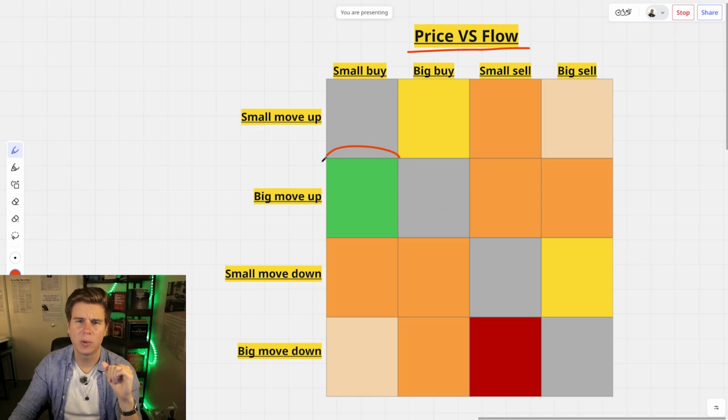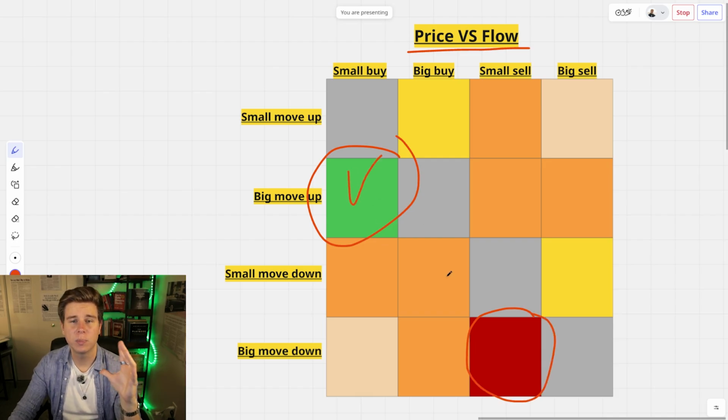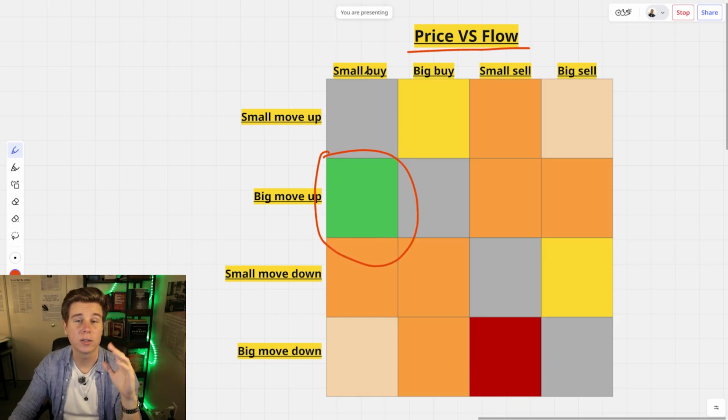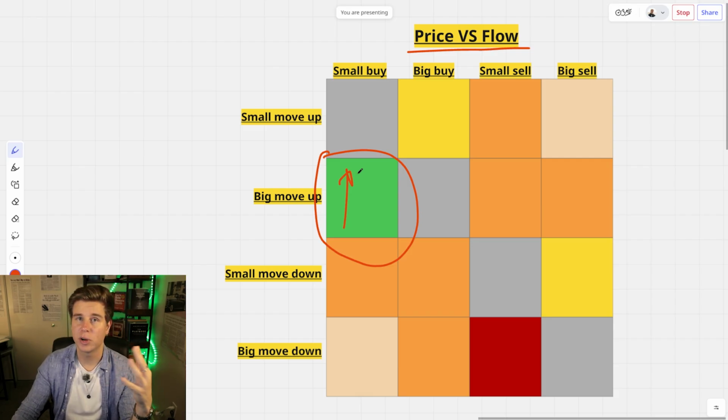What's more interesting is what I marked as green and as red, because this one is very obviously bullish and this one is very obviously bearish. If we're in this green rectangle, there's a small buy and a big move up. It means there's not really a lot of effort that had to be expended to make that big move. There was no one sitting on the offer to absorb it. There was no supply at the ask. And it's possible that market makers even kept raising the ask because they're like, nah, that's fine, let's let them get that big price move. We want it to go up. That means up is more likely to be the direction of least resistance, so price can continue going up,